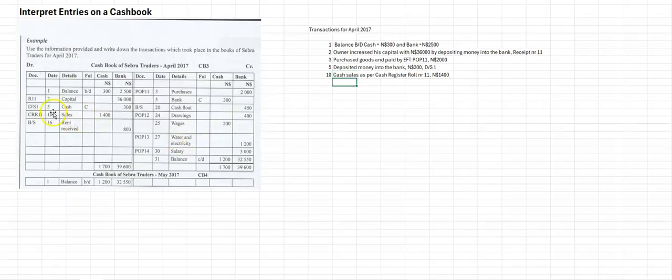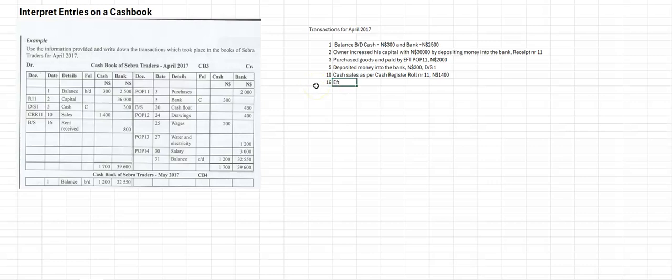Okay, then we look for the next one. We see there's 20, so the next one would be 16, isn't it? The 16th, we think here there's a bank slip. We have the 16th as a date. Rent received, so we received rent into our bank account. Okay, so we write here 16